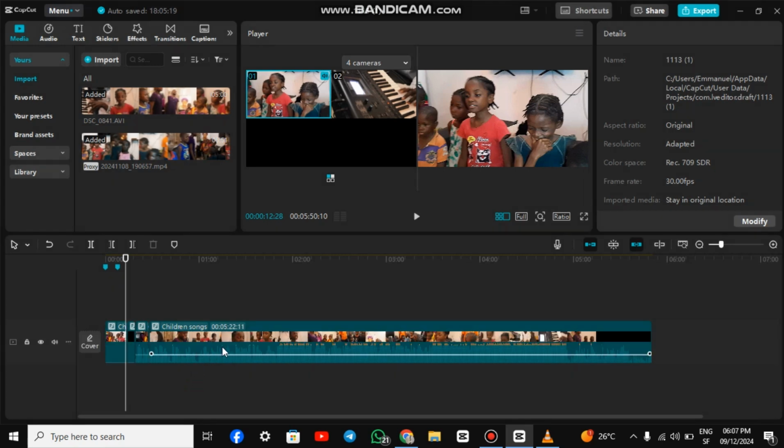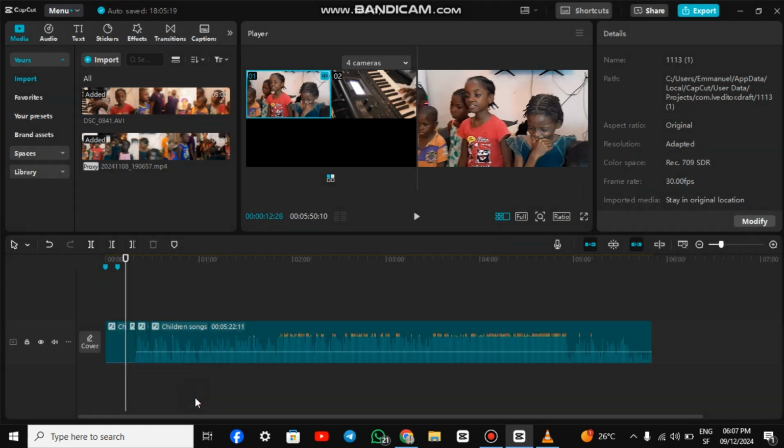You can see at 60% it is looking bigger. I can also choose to keep it at 100%. At 100%, you can see the visual is gone, just the audio. So if by chance you want to work on the audio settings and editing, you can have a better view of the wave, which will help you do a better job. So friends, these are the new features that have just been released by